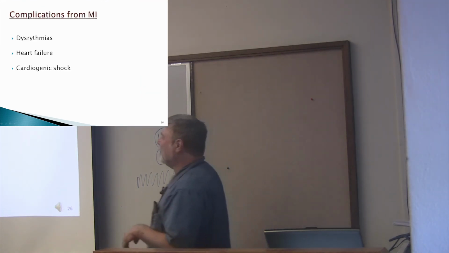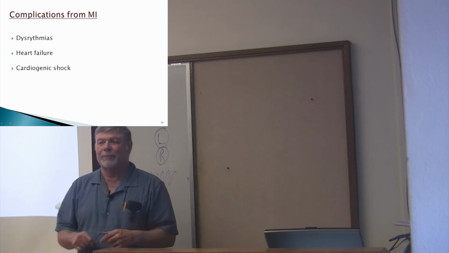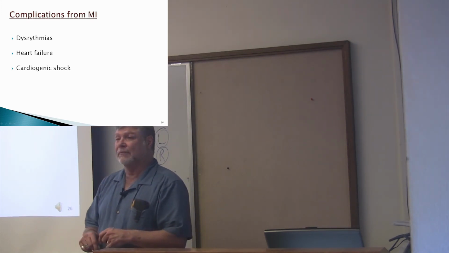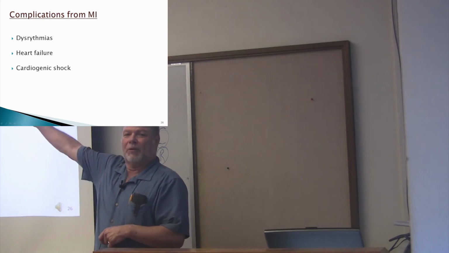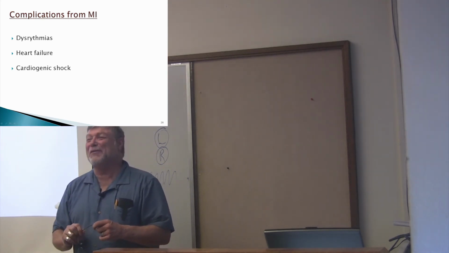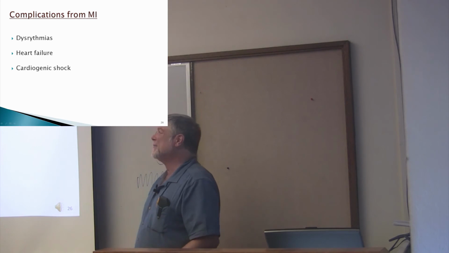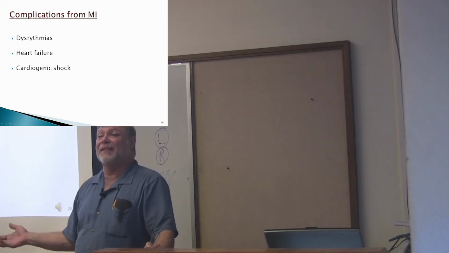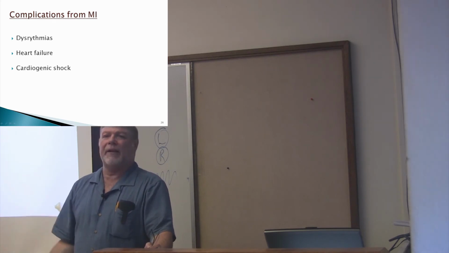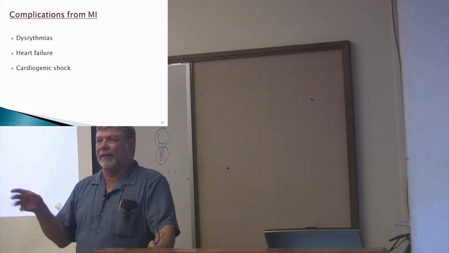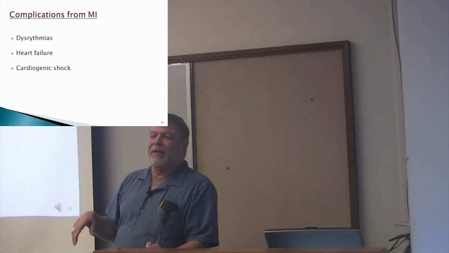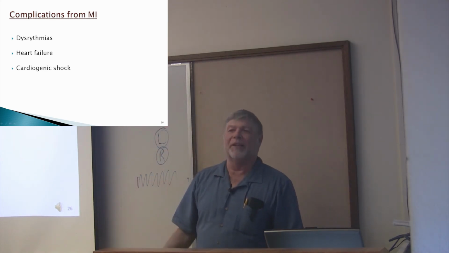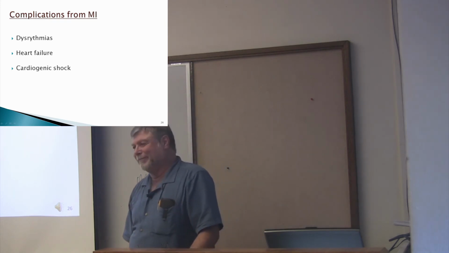What are the primary complications of an MI? Post-MI. It's on the board. You don't have to guess. So dysrhythmias are the very first thing that they have. After they've had an MI, the heart is like a car that's running on 6 cylinders out of the 8, and sometimes the other 2 are kicking in. Maybe.